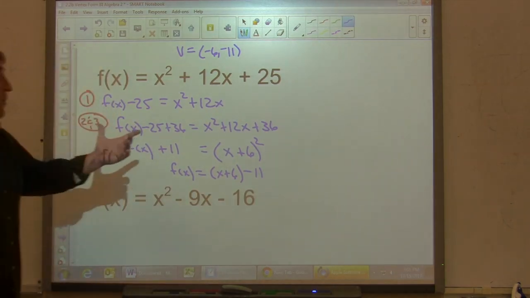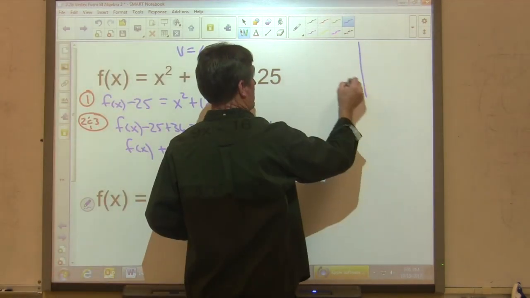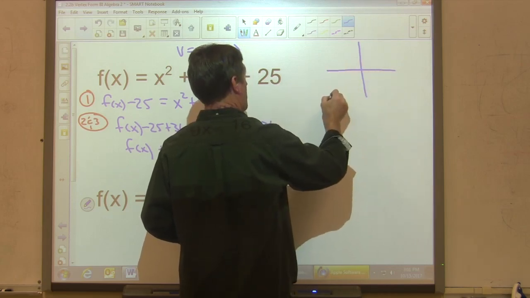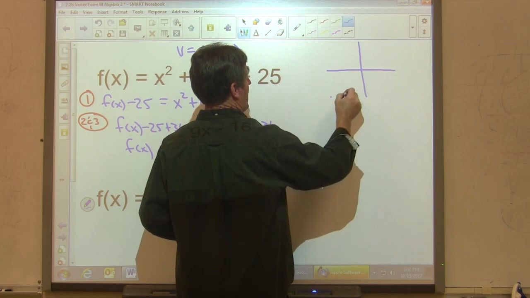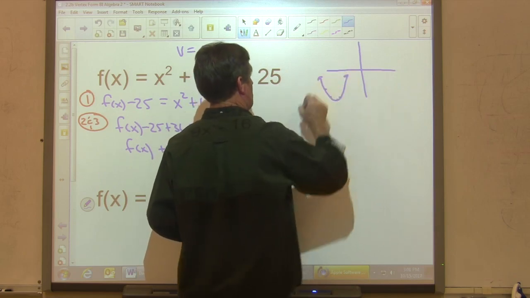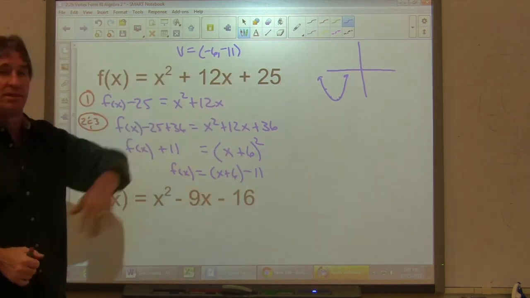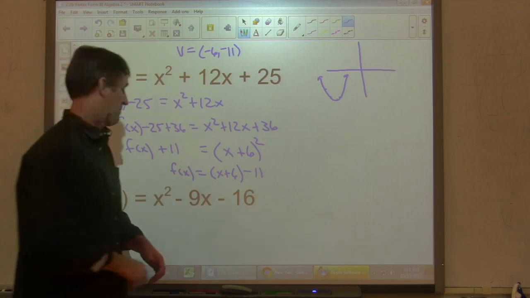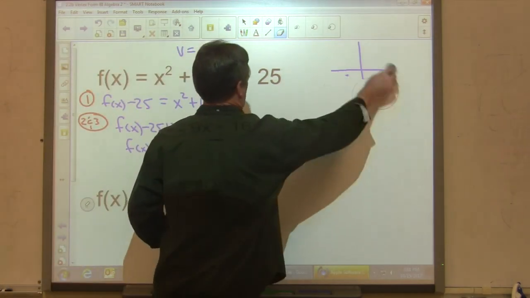And again, if I was to graph that, it'd be over here at -6, down at -11, then I go over 1 up 1, and then over 2 up 4, and that would give me a graph approximately there. Again, I'm just giving a rough graph on these. Okay? So, to do it the other way,